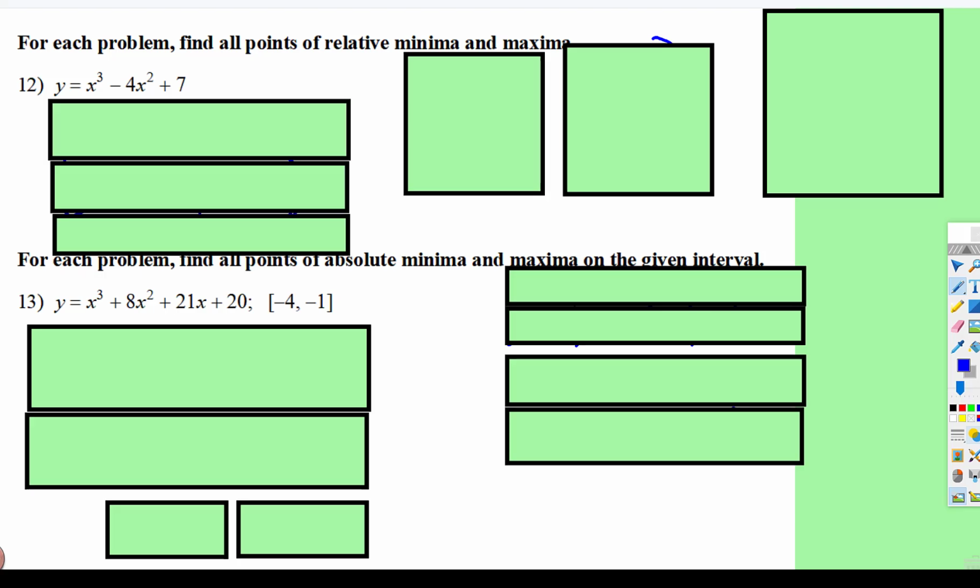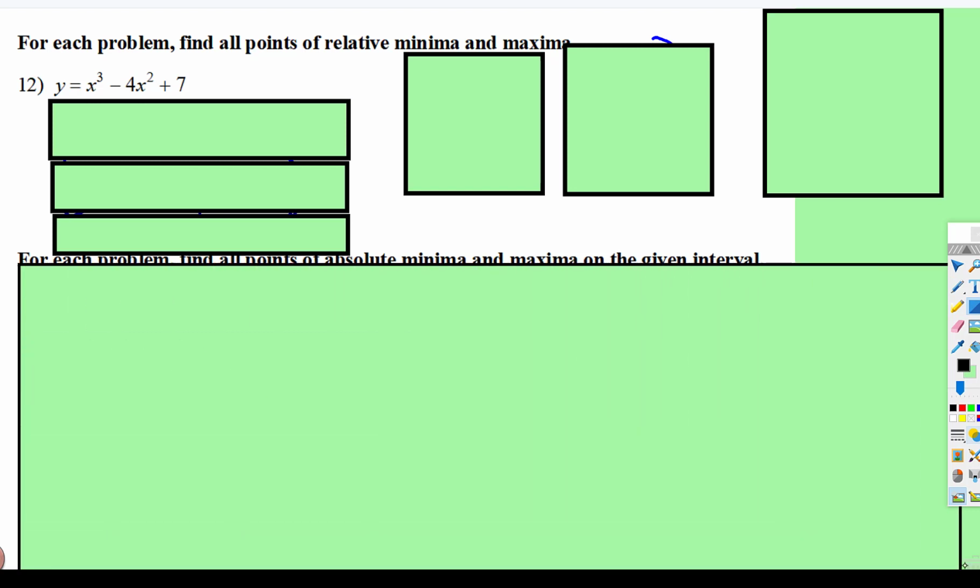Okay, this video is just kind of a refresher video on finding relative mins and maxes and absolute mins and maxes. So let me cover all of this stuff up first. And I'm going to go ahead and freeze this screen so I actually can write down here if I need to. So remember when we find mins and maxes,